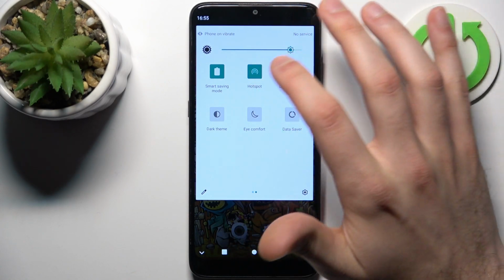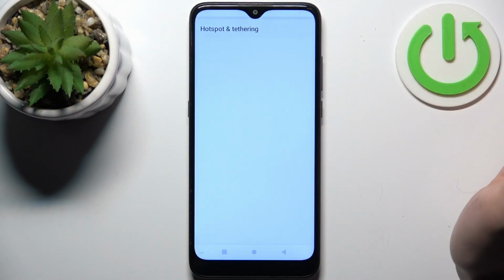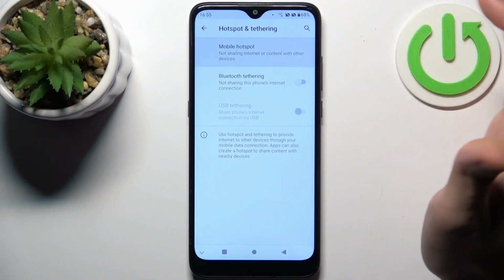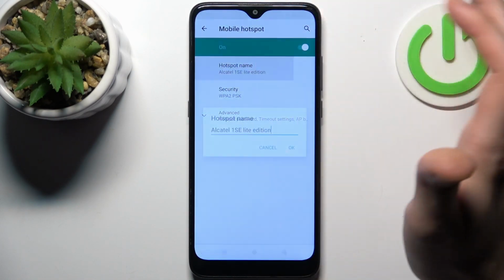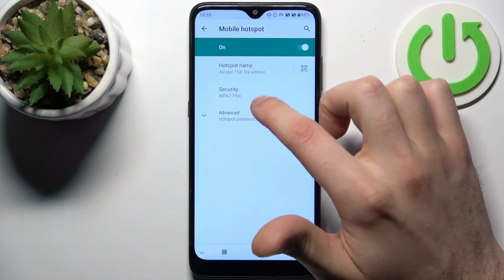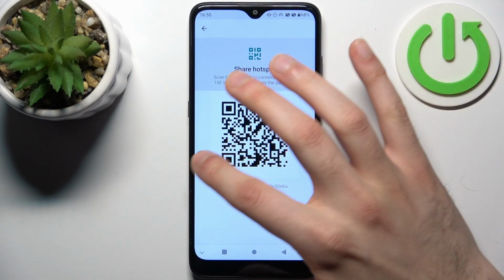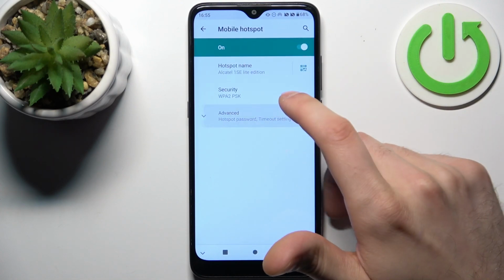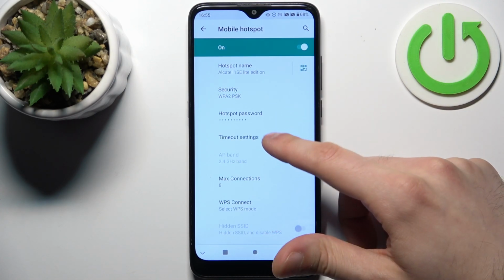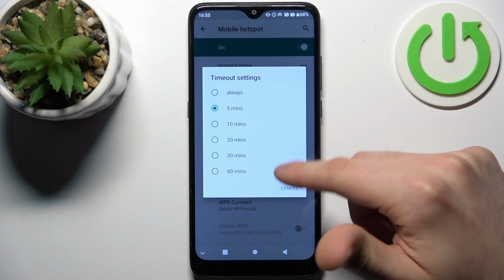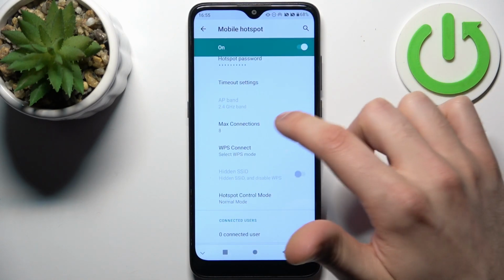So by tap on it once you can switch your hotspot. By holding a finger on it you can access some of its settings. For example, you can change hotspot name, you can change its security protocol, you can display QR code to instantly connect to your hotspot. You can also change its password, you can set up timeout, you can change its maximum